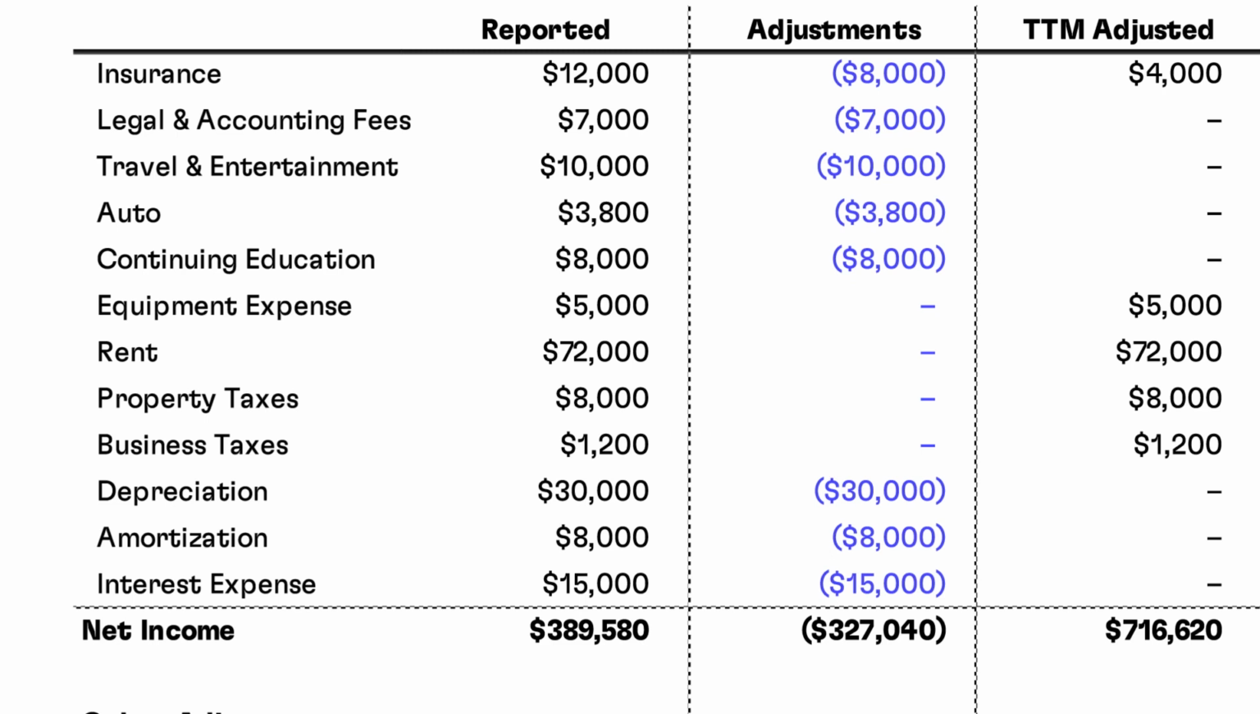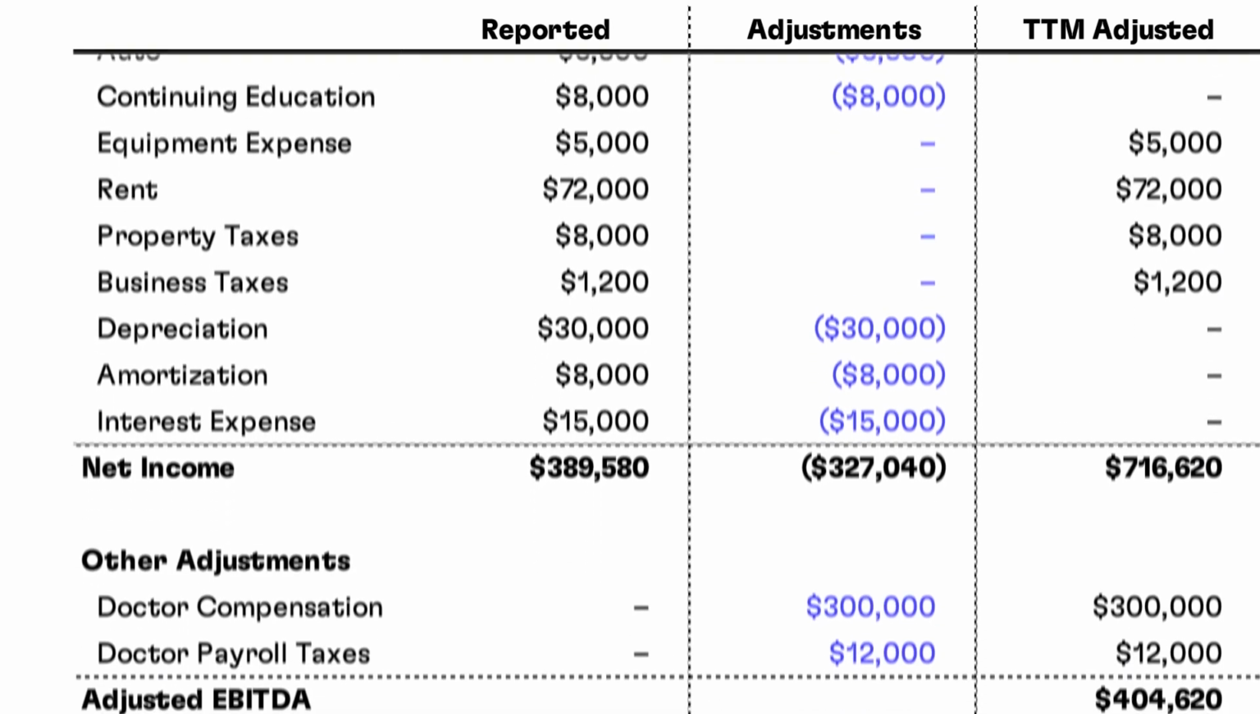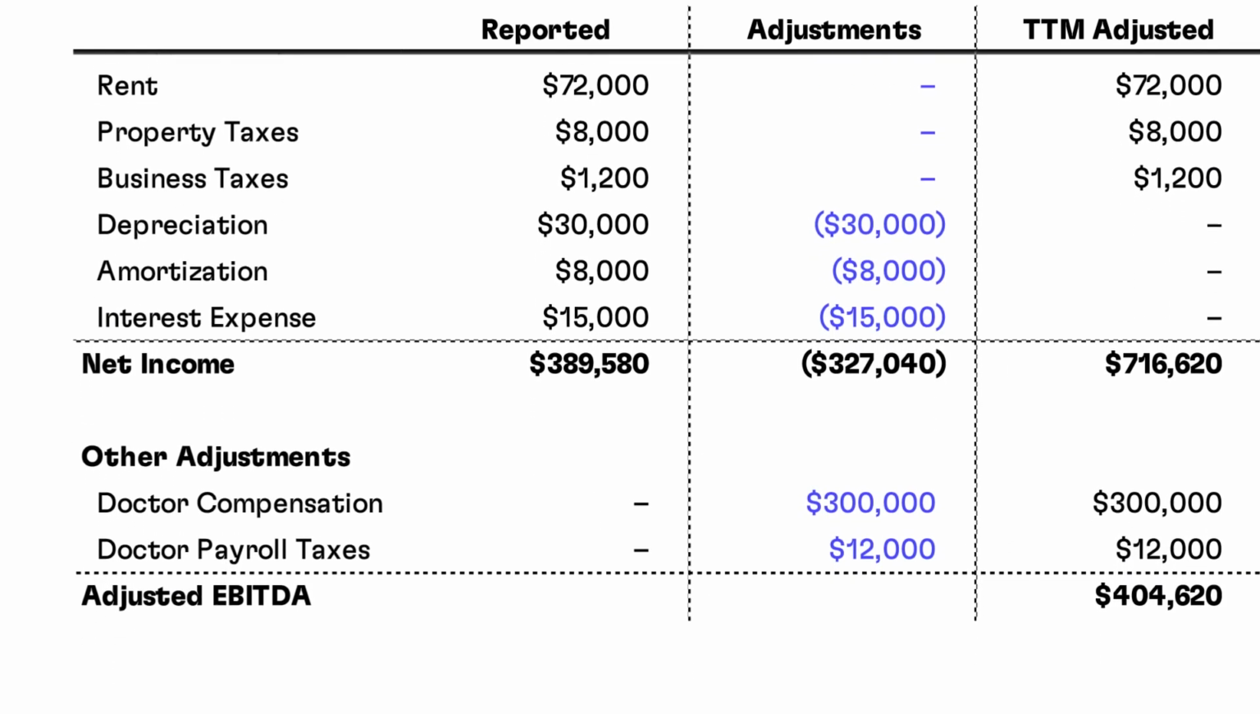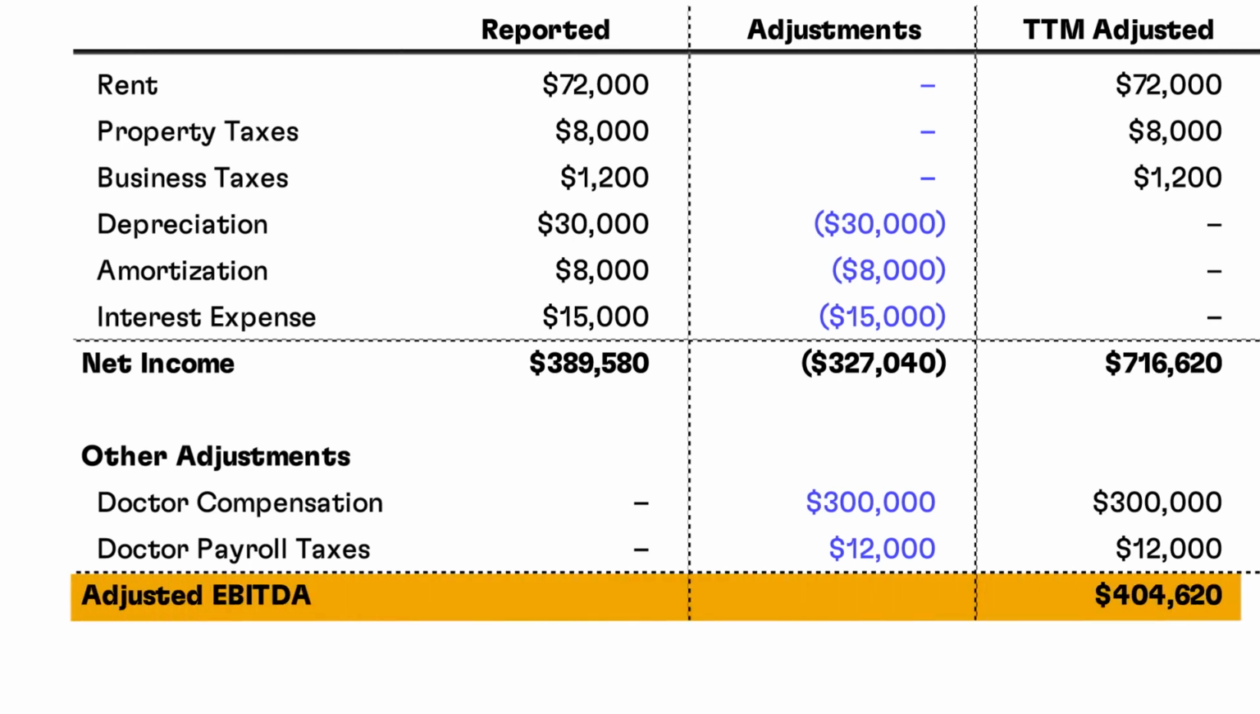All other adjustments to this P&L are the exact same as example 1, but you can see by some of these pro forma adjustments, we've now increased EBITDA to just over $404,000. In our third and final example, we're going to toggle two key expense items on the practice P&L: doctor